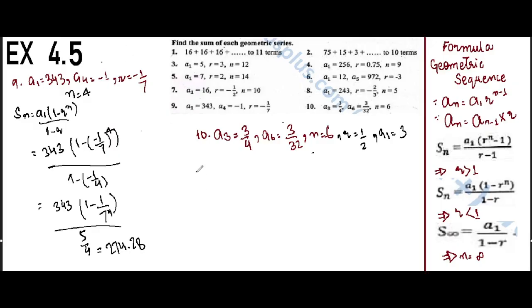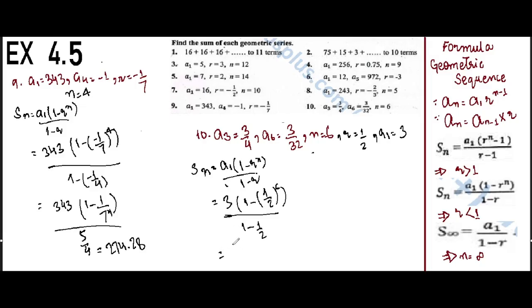Okay. Now Sn, r is less than 1. Again the same formula: a1 into 1 minus r to the power n, whole divided by 1 minus r. It is equal to a1, which is 3, into 1 minus r to the power n, 1 by 2 whole raised to the power 6, whole divided by 1 minus 1 by 2. 1 minus 1 by 2 is 1 by 2, and 3 by 1 by 2 is 3 into 2, which is 6, into 1 minus 1 by 2 raised to the power 6. It is equal to